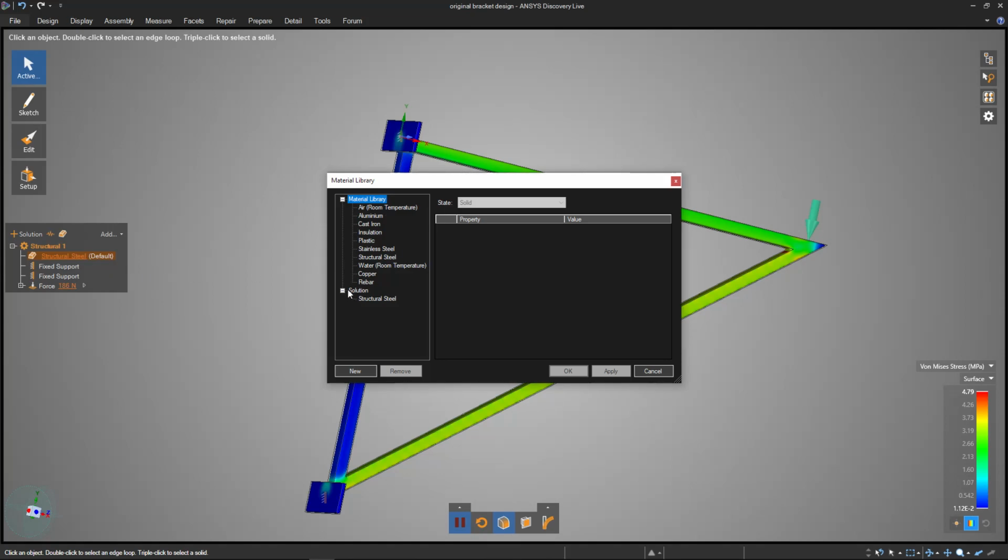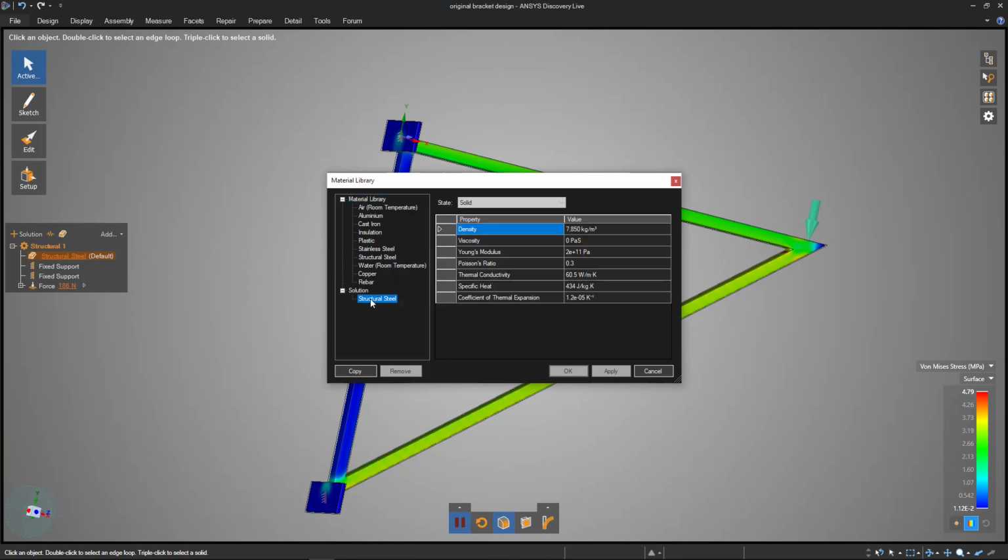In there, at the very bottom, it says in the solution we're using structural steel, so click on that. And there you see all of the material properties that are important for these simulations and their values. The ones that matter for structural analysis include density and the elastic modulus, or Young's modulus. They both look pretty close to the values you probably found in lab, but I know that density is going to be a little bit less than this value,